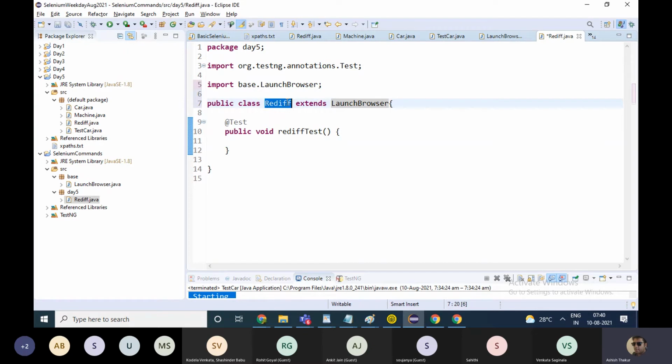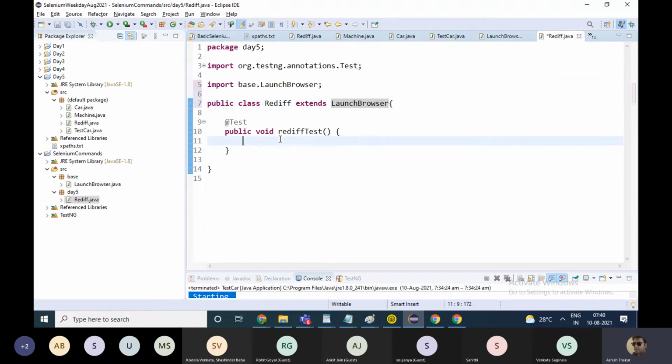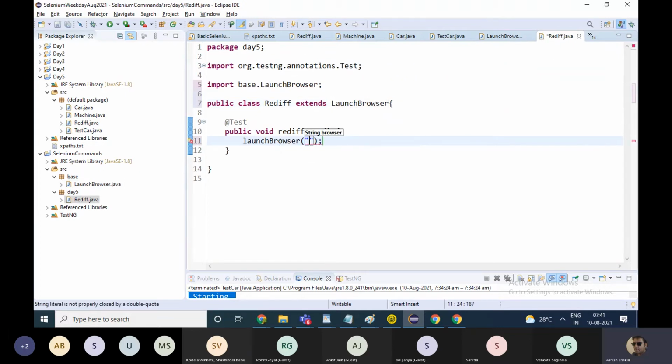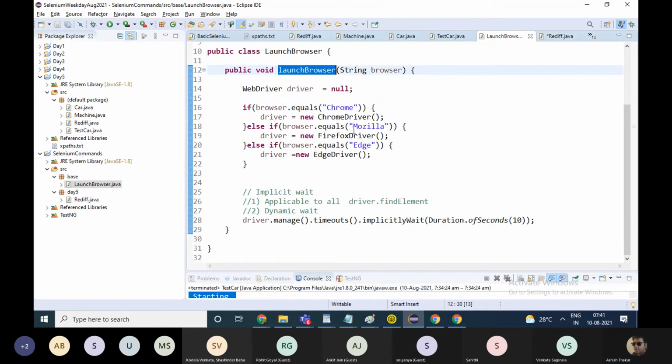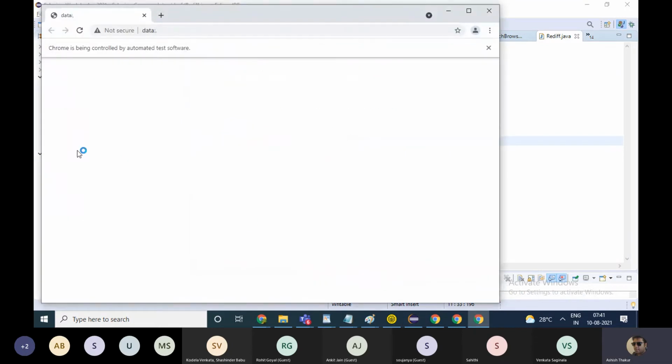And now since this class is extending this class, it has got access to the launch browser function. You can simply call the launch browser function with the browser name over here. Okay, so when you run this code, you will be seeing a Chrome browser opening.